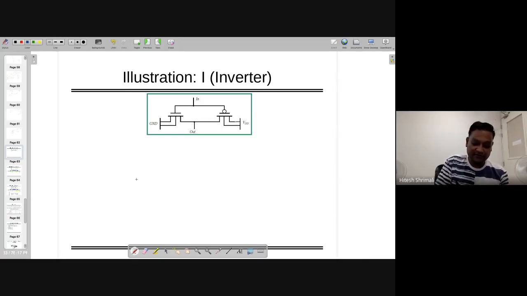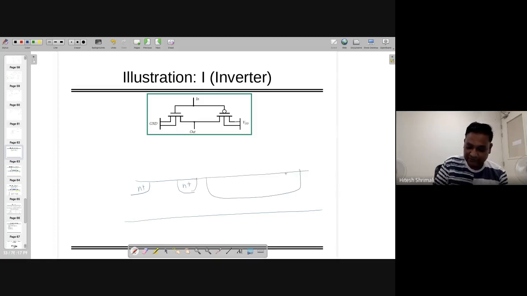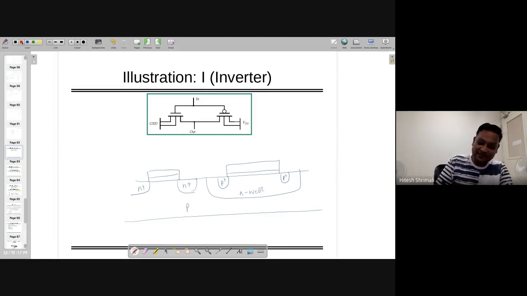So if you remember, if I am drawing the elevated view, it looks like as follows. Note that these diagrams are not with the scale. Okay, that's why it's like NMOS and PMOS has different dimension. So here you can see that gate are connected with each other.